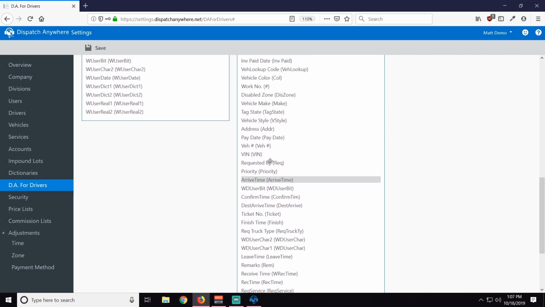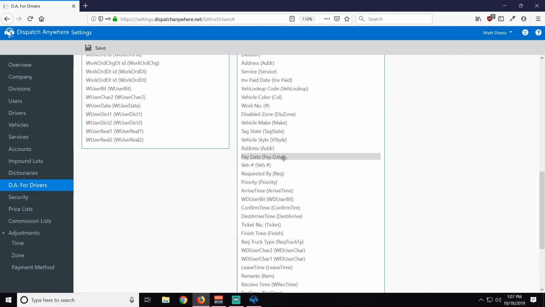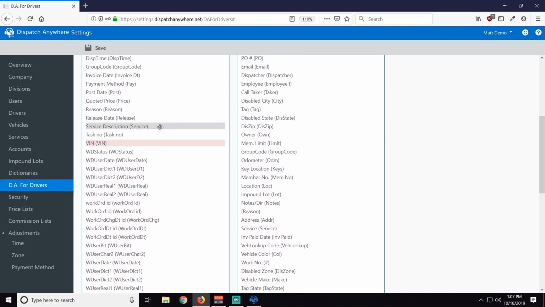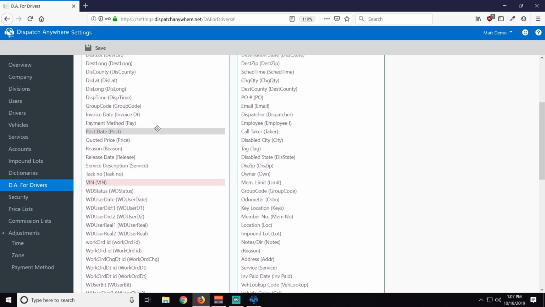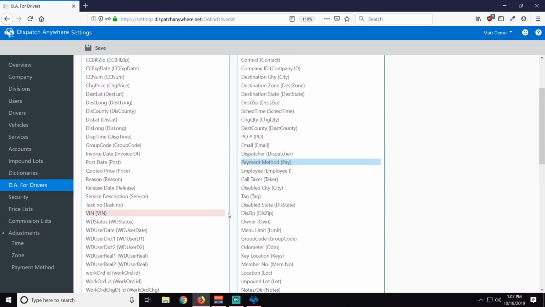But if I don't want them to see, let's say the VIN, for example, I can take that one specific item and move it to the left. All right. So it goes in the unassigned column. And then vice versa. If I need them to see, I don't know, the payment method, for example, I can move that to the right. Some of the things like the addresses you can't control, those are there by default. But things like email address or pricing, sometimes you might need the drivers to see all their timestamps, so you can move those over,